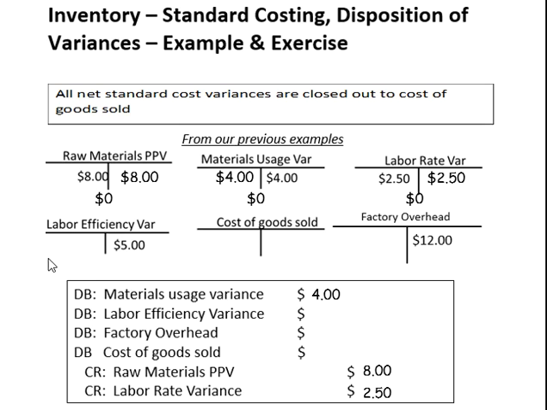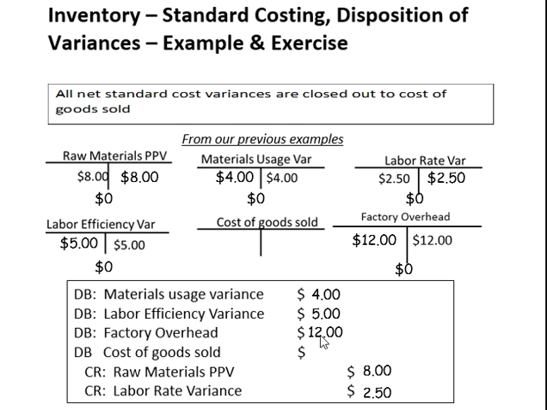$2.50. Now we're going to do this same thing to the labor efficiency variance, where I have a credit balance, so I need to offset it with a $5 debit. When I do that, my total debits equal my total credits, which would be the zero balance. So my labor efficiency variance comes out to $5 as part of the journal entry. The last area is factory overhead with the credit balance of $12. In order to offset that amount and zero out the account, I have to debit the account for $12, which will zero out the account, and that debit will be put into the journal entry at $12 for factory